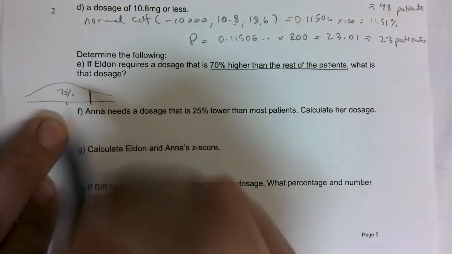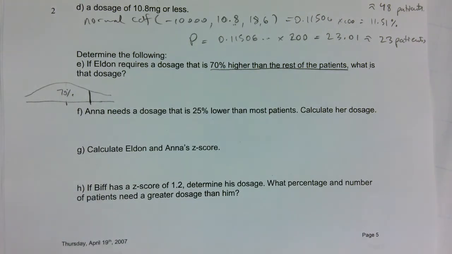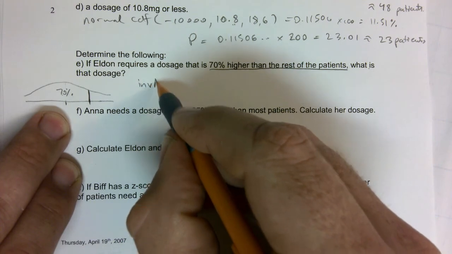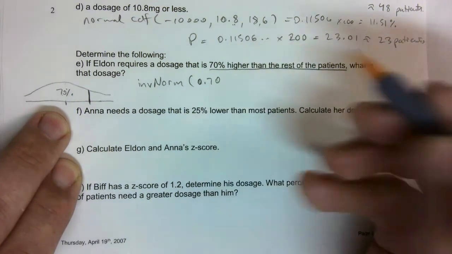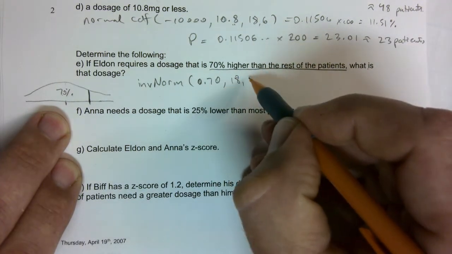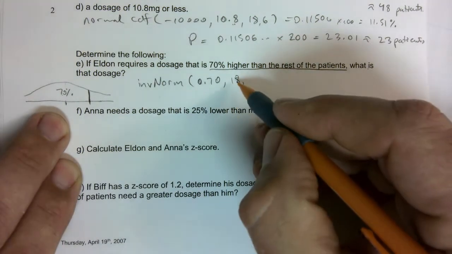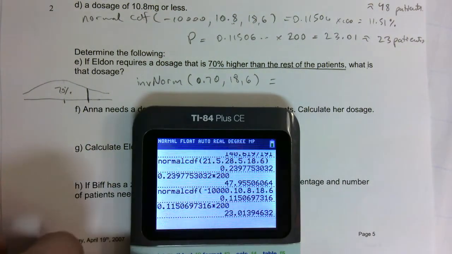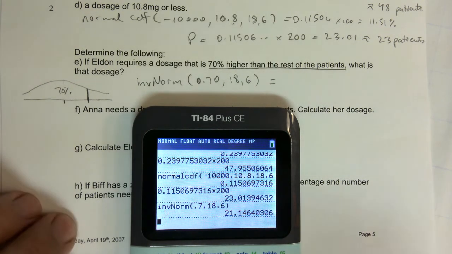Whatever dosage he requires puts him 70% over the rest. So they give you the left already. Here you have to use inverse norm, and that's 0.70. Let's put that in. What's my average? It's 18. We're not talking z-score. We want the actual value, so we have to use 18 and 6 as our entries there. Second vars, inverse norm, 0.7, 18, 6, and that is